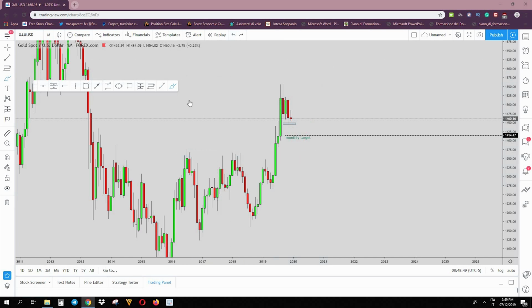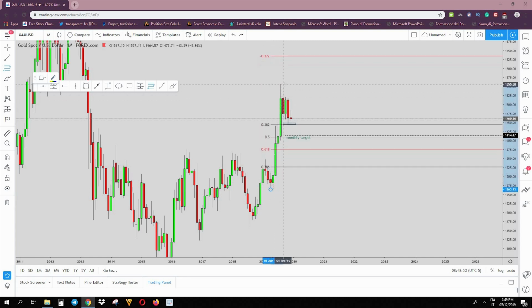But as you know, the market loves to move by steps, and by taking your Fibonacci from the low to the high, you get the clear levels that the market is supposed to go and test, the levels at which the market will find strong support. First you're targeting the 382, then the 50%, and then the 0.618, the golden ratio, which is not a surprise, and is actually lining up perfectly